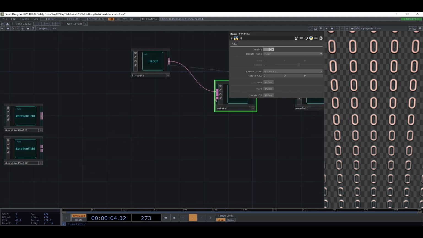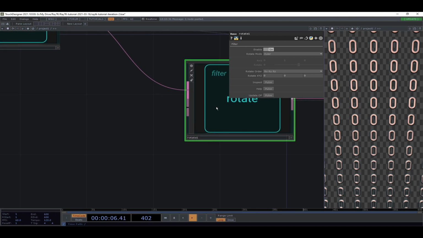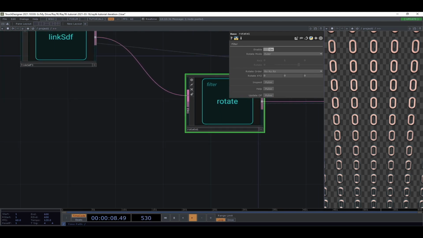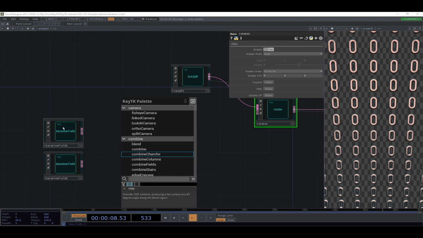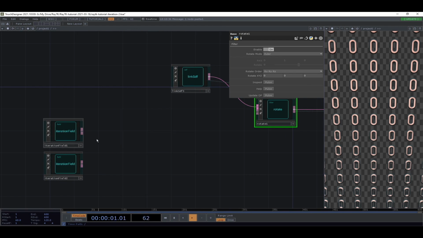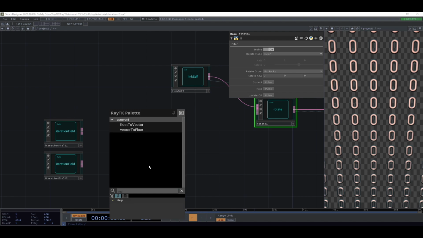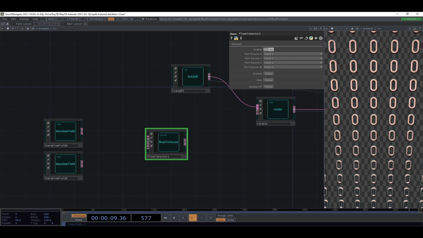Now what we want to be providing to this rotate is a vector where it's going to use the first 3 parts for rotating along the x, the y, and the z axes. So when you have a field that's producing a single value and you want to get to a vector, the best place to do that is with a float to vector operator. So if we connect these 2 inputs here,